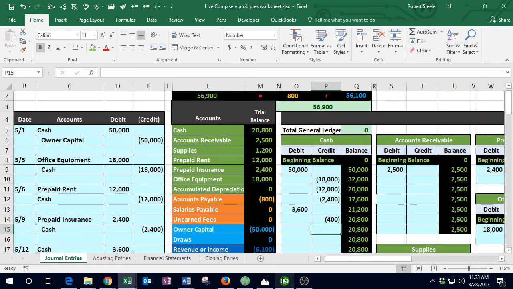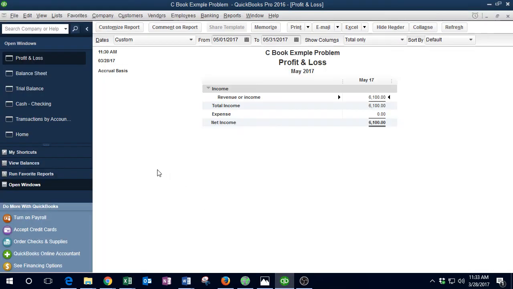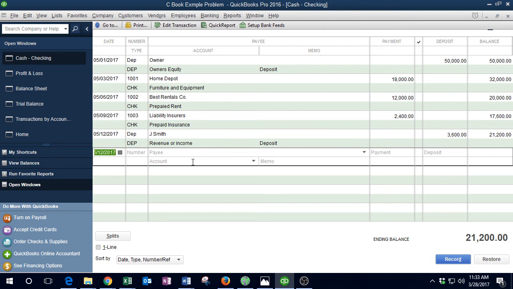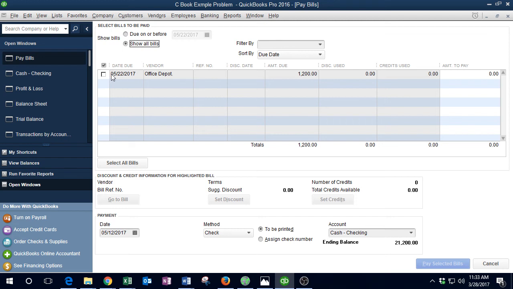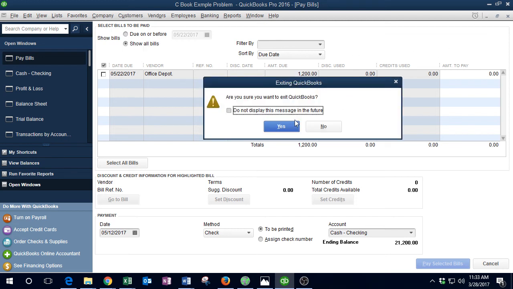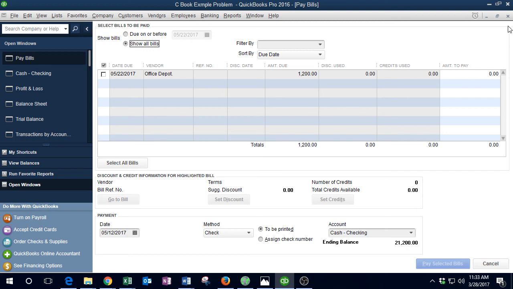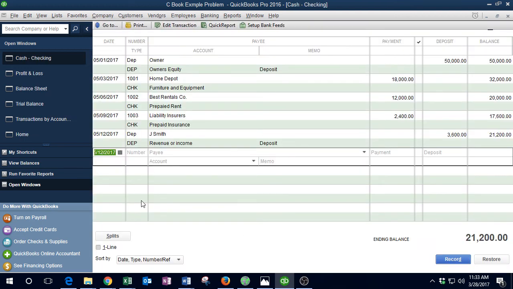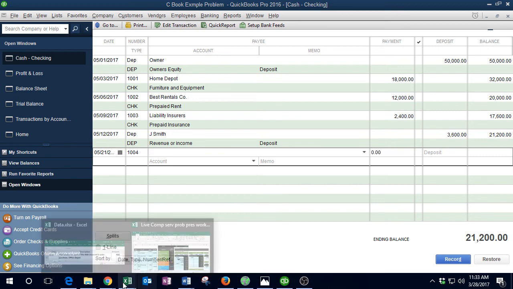Let's do this one last transaction in QuickBooks. This one does affect cash, so I could go into the checking account and do it. Note that oftentimes when we do this, we would go to vendors and go to pay bills, right? We would say we're paying this bill and then write the check for it. But I just want to keep doing everything in the check register that I can do in the check register just to show you all the cash transactions that we have. So I'm going to go 521. There we go. And we paid the person here being